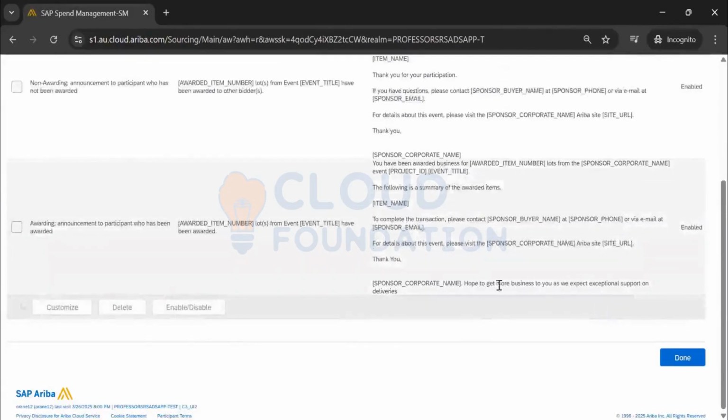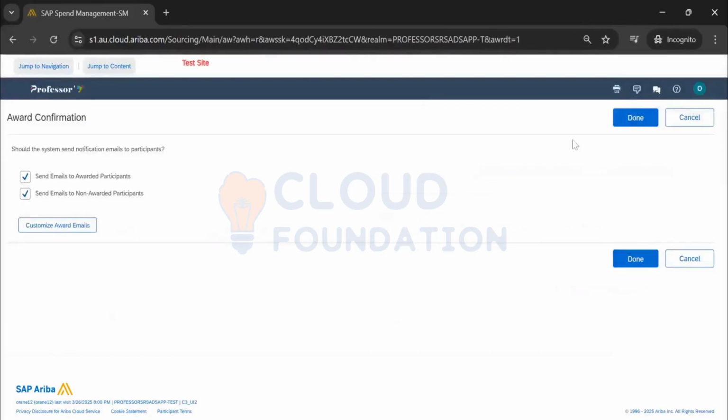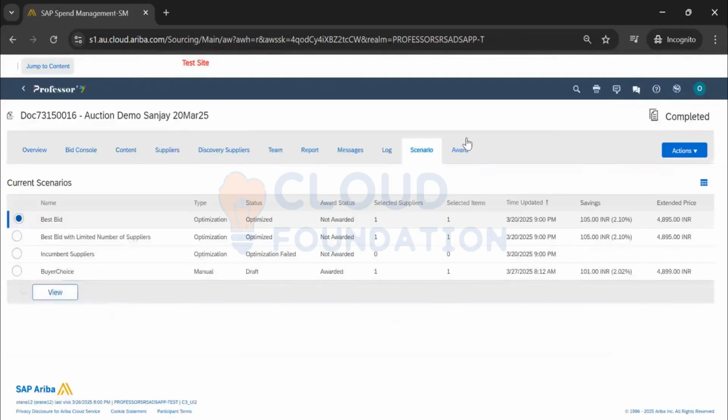Now you can see that: hope to get more business. Whatever the buyer wants to communicate to the supplier, they will be doing it. Click Done. You already selected this message, so when I click Done, now all the suppliers, a message will go. Email will go to the suppliers. That message, whatever has gone to the suppliers,